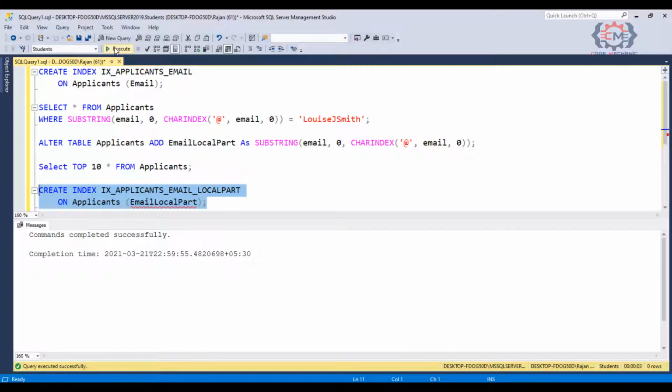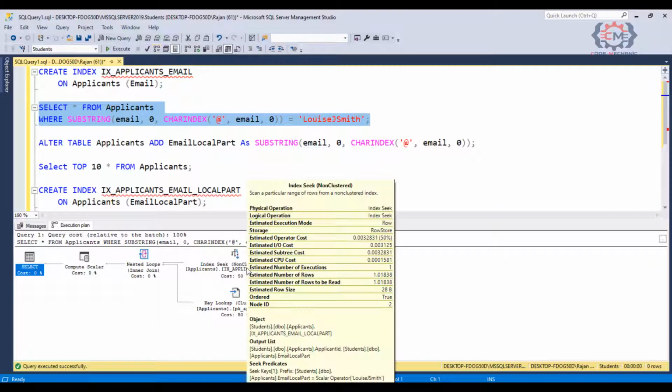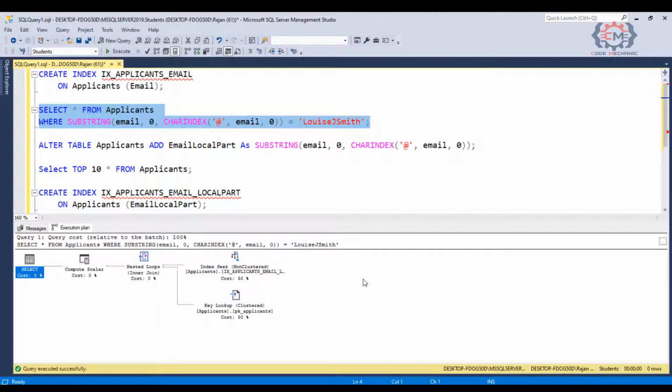And there we go. Now we are going to go back up to our original query and get the execution plan for that again. And we see now SQL Server is able to use this new index that we have created over the computed column. I will mouse over this, so you can see that it is indeed using that index. The reason why is because the formula on the left hand side of our where clause matches the formula of the computed column value that the index was created over.